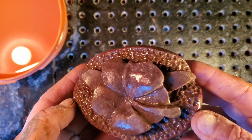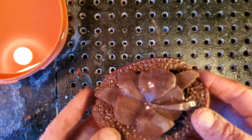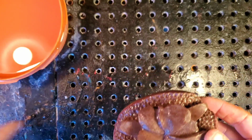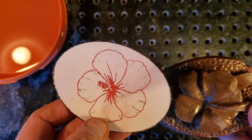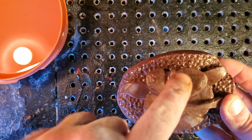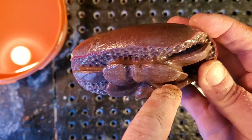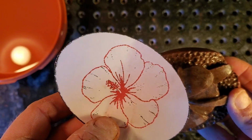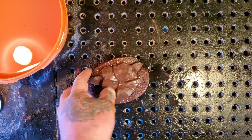Okay, so I got all that texture done in the background. I like it. So now what I gotta do is look back at this picture here and make all the lines for the petals of the flower. I still gotta undercut under here to make it hollow, and the texture of the lines in the leaves. So you see all those lines in the flowers. That's what I'm going to do now with a real thin tip